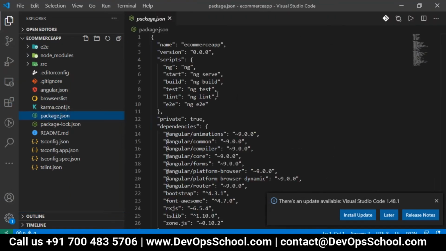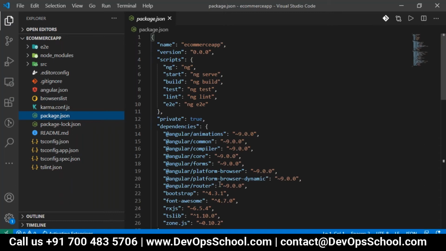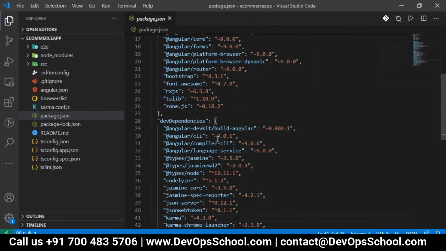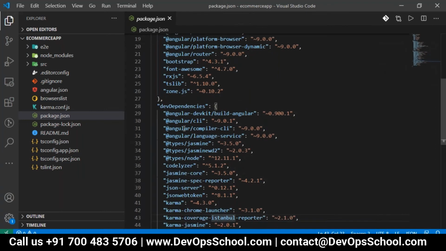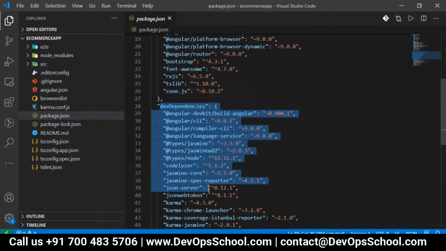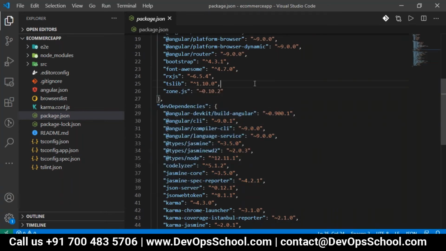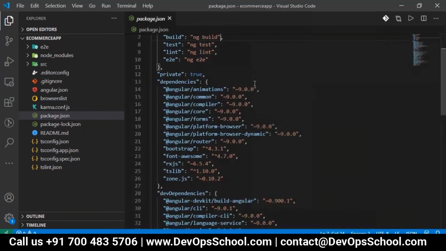In the dependencies, we got only Bootstrap and Font Awesome. The JSON web token and JSON server we installed for dev, so they are only added to the dev dependencies, the development dependencies.